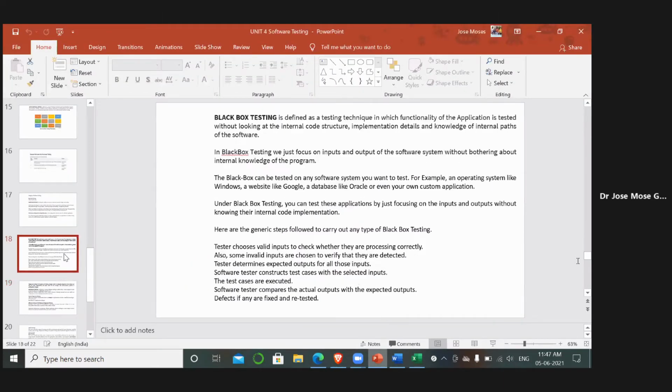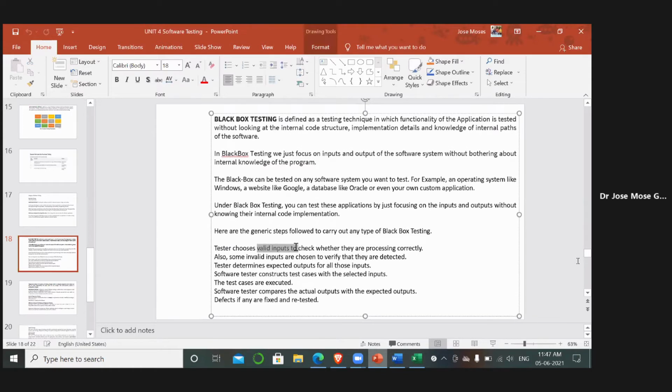Once the testing is done, either white or black, you will be checking whether valid inputs are processed correctly or not. These are the generic steps: when valid inputs are given, whether they are getting detected, and whether outputs are coming as per the expected outputs or not. So you'll be running these test cases, whether they are failing or passing.